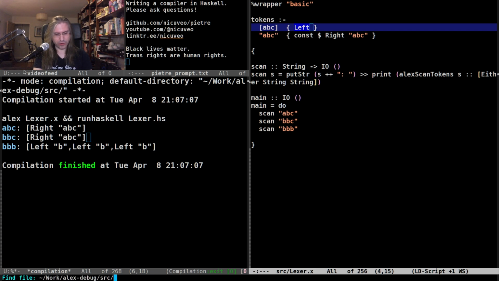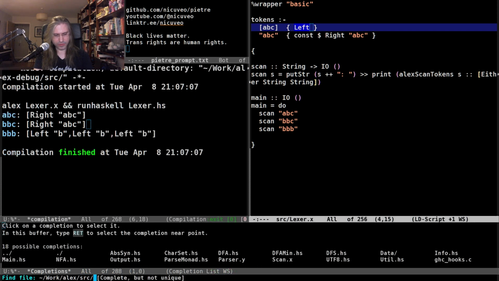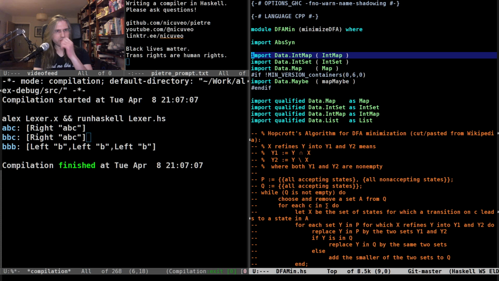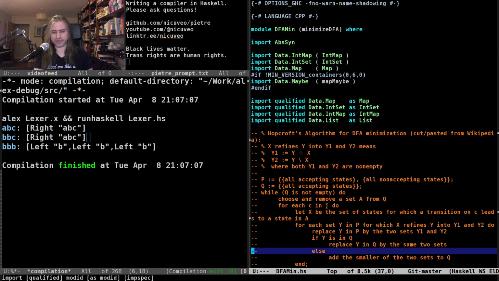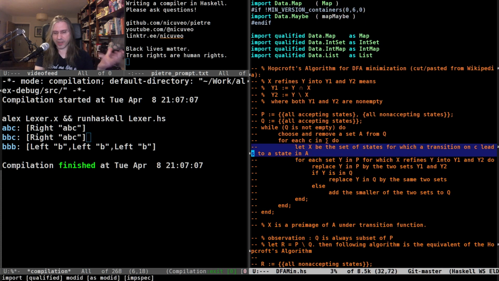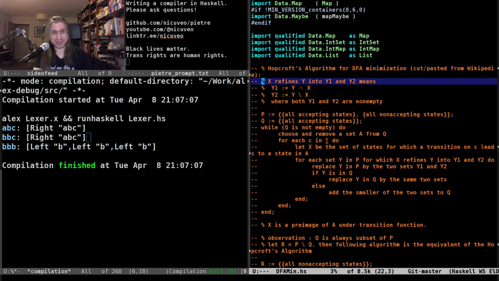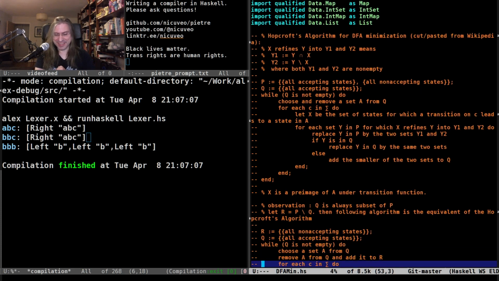I should be on the correct branch in Alex now. So, pre my fix. Here is a big comment that explains Hopcroft's algorithm for DFA minimization, copy pasted from Wikipedia. That's important. We'll get back to it.